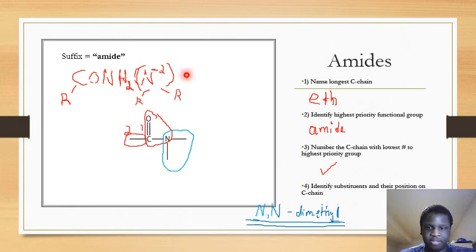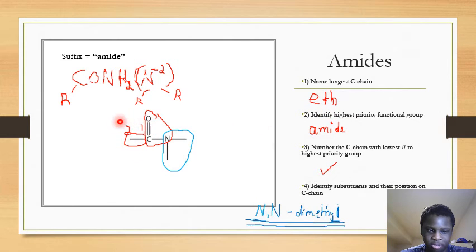Alright, so last we have the amide functional group. Their system of naming is similar to the ester naming system, where we have the carbonyl group always be the parent on the parent chain. We also have the nitrogen group over here, which acts as a substituent group. So working with this example, we see that the longest carbon chain has to be on the